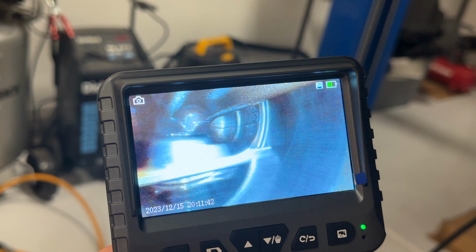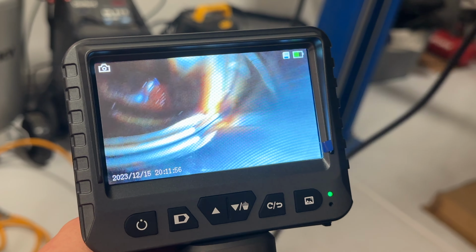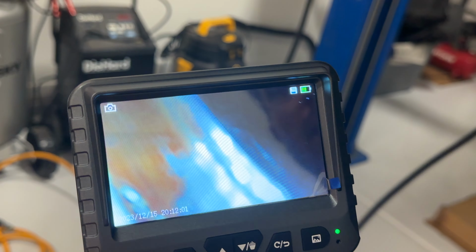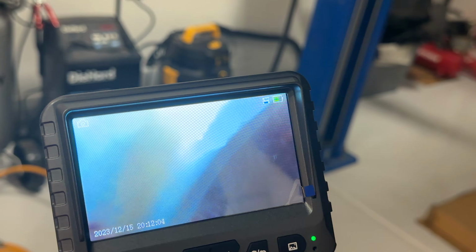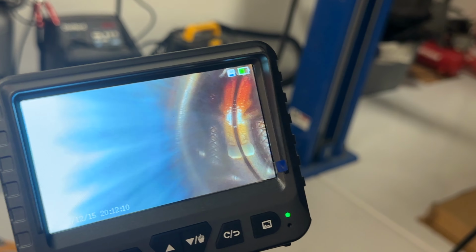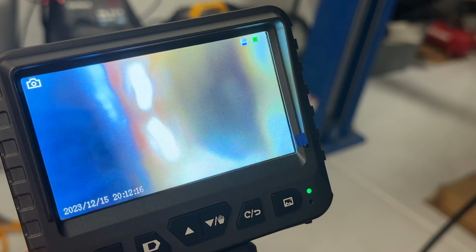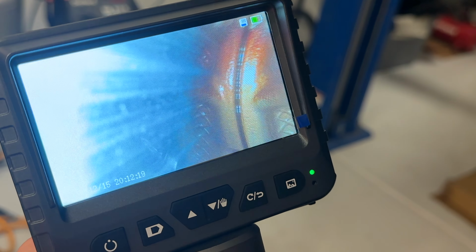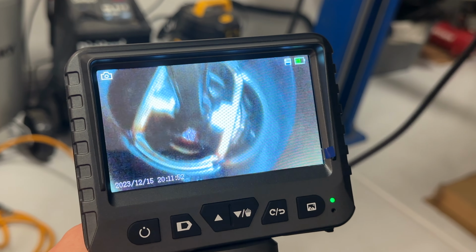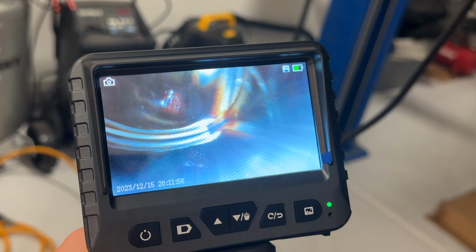Looking at the cylinder walls here, you can see the cross hatching on both sides. Everything looks good. You can see that the connecting rods look fine. Center pins are good. There was a little bit of deformation on one of the sides, but that was just a rust spot. You can see piston rings. There was no clear evidence of any cracking at the bottom of the piston, and the piston rings seem to